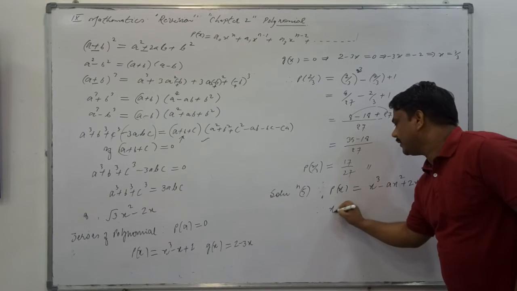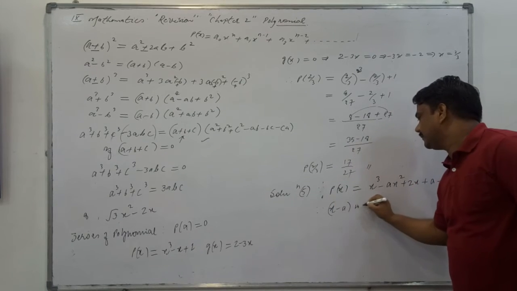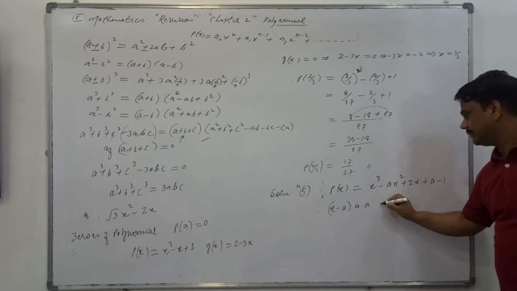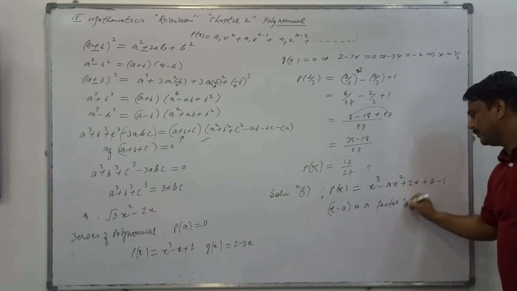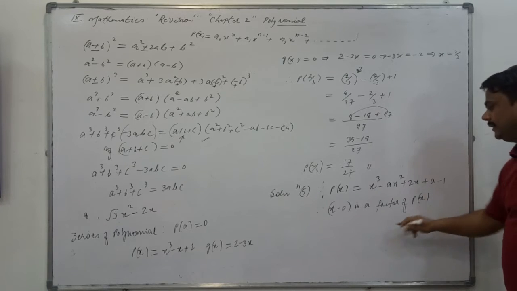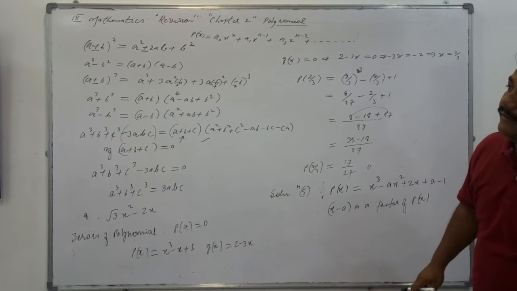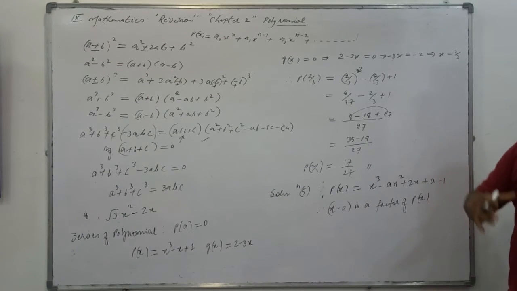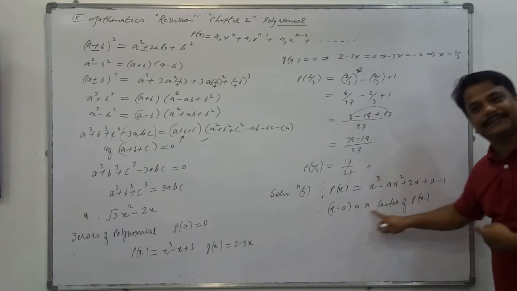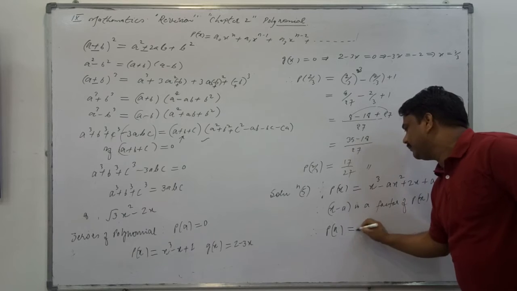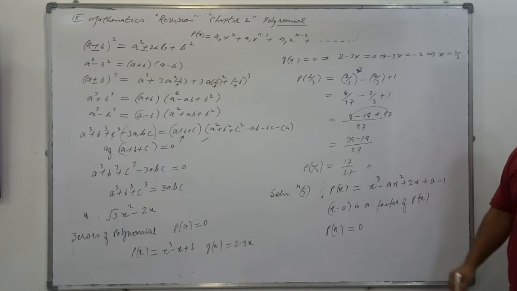We have to find out later, this next. Since x minus a is a factor of p(x). What does it mean? What do you mean by factor? We do not have to prove here, we have to find out. It is given that x minus a is a factor. Therefore, p of a will give you what here? 0. It's the factor theorem.